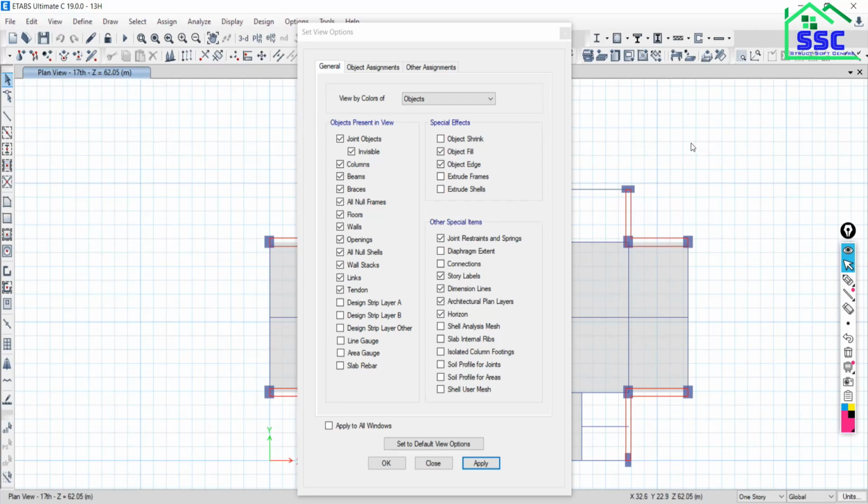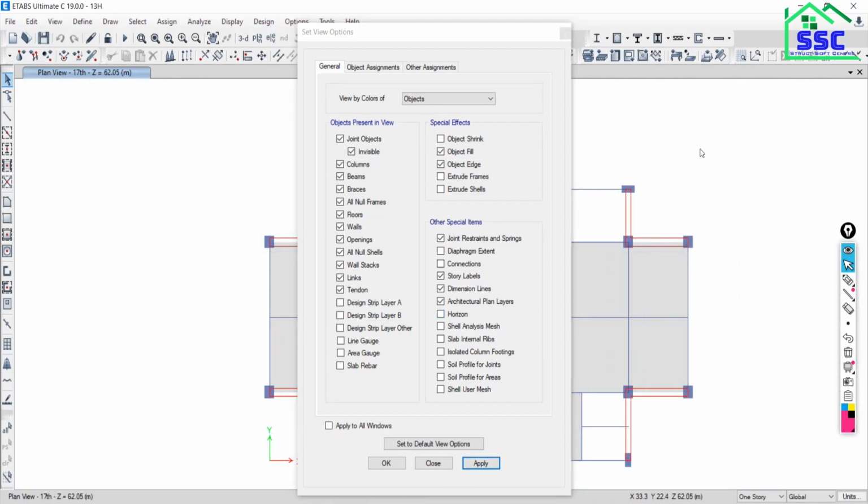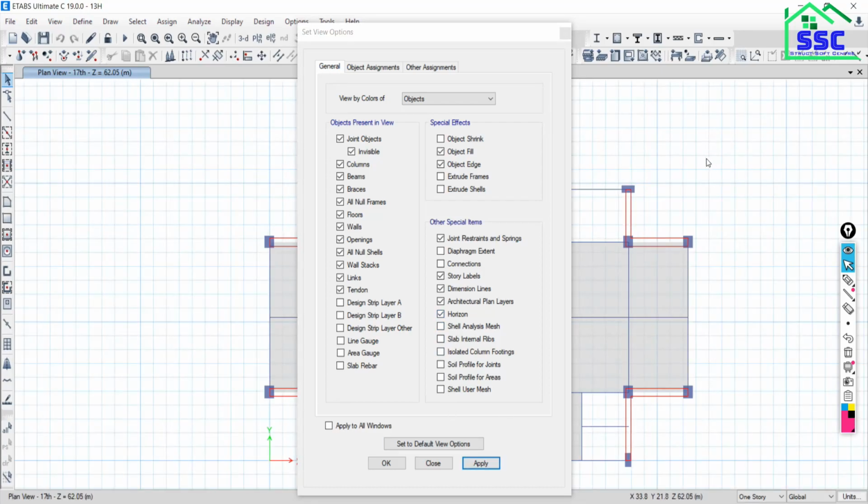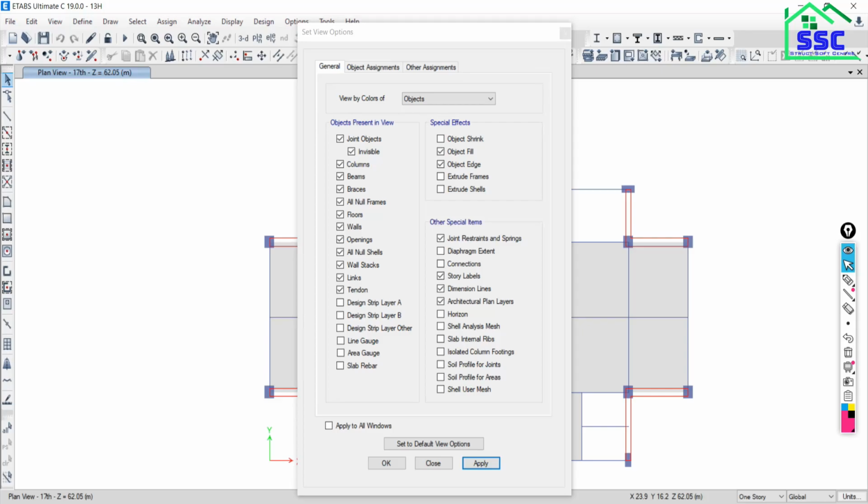Okay, so if you want to keep this in view, check this option, check this box. If you want to remove this, just uncheck and say apply, so that will not be in view. Then again click on horizon, say apply, so that will be in view. Is that okay? Okay, so this is the first. Now say apply. We don't want to see, just go back.